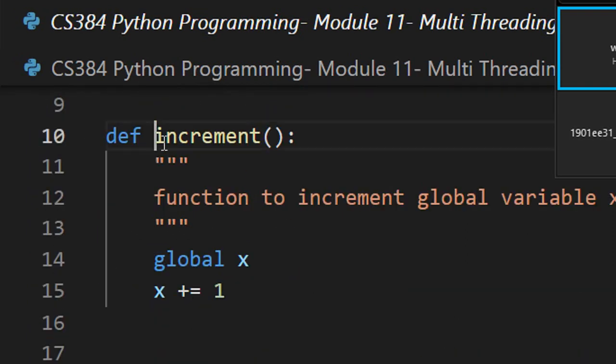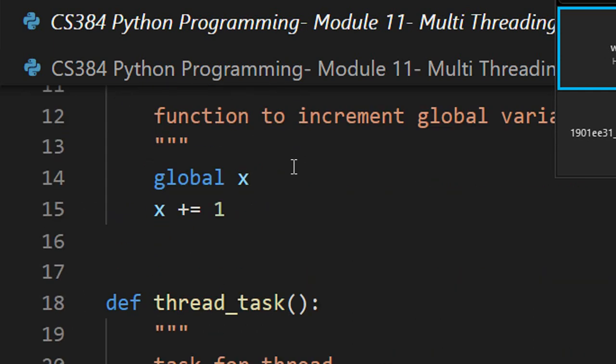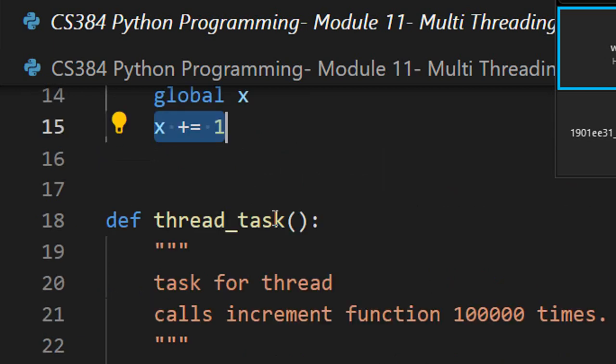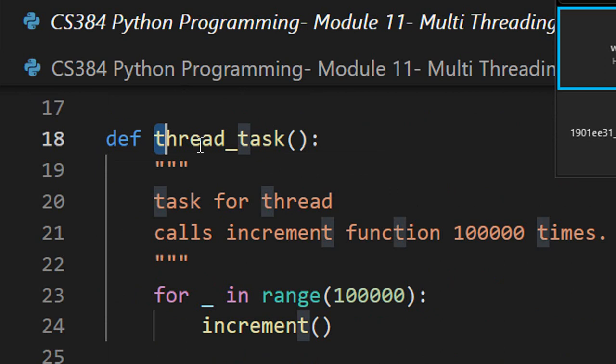So you can see what the increment function is doing here. It is accessing this variable x, which is 0, and incrementing the value of x by 1. Done. Now I'm defining a thread task here.